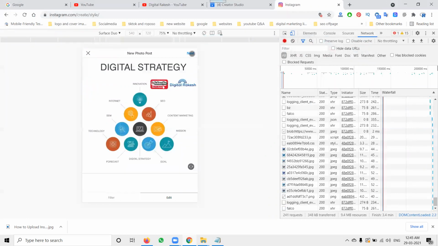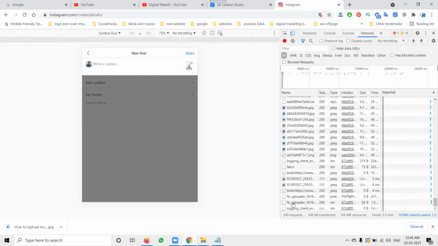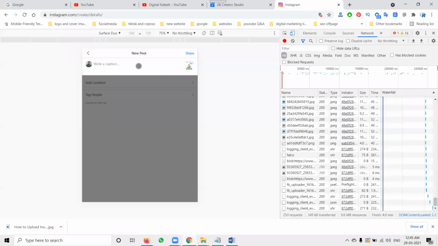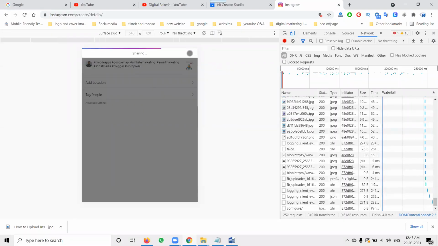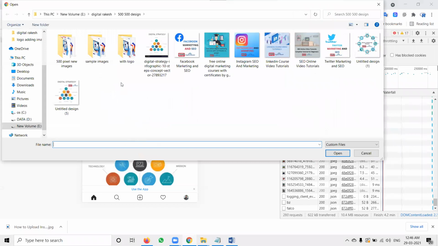Now post here, click next and add your content, post it. So I'm adding the content here. Two options are suitable: Instagram post, and second, Instagram stories. You can select the particular size. Click share. Then your Instagram post is done. You can do it properly. The pixel selection is very important here. So you can post a lot of images, not only one or two.